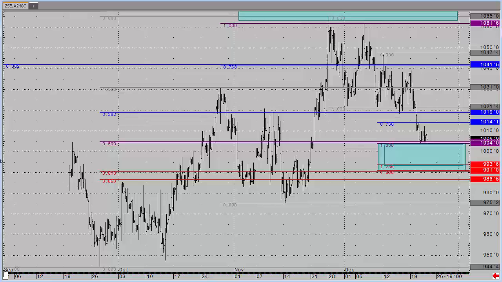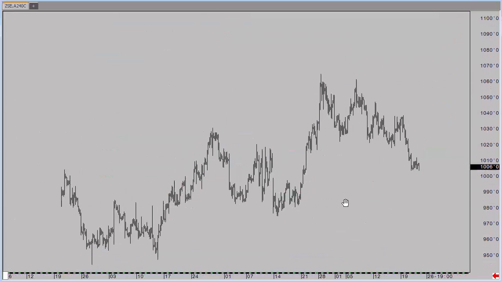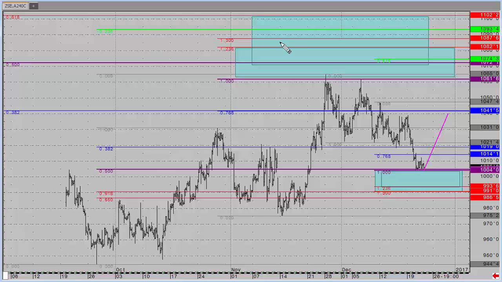So, potential support for beans. Could we see a reaction off this level that takes us back to put pressure on resistance? I see two very technical levels, both areas where shorts have participated, up at the 1066 area, and now I see an area where longs might participate into the 1,000 area. And I want to note that if we push below the 1,000 and break below trendline